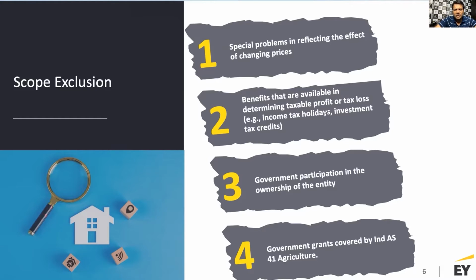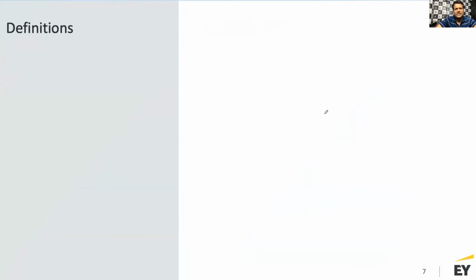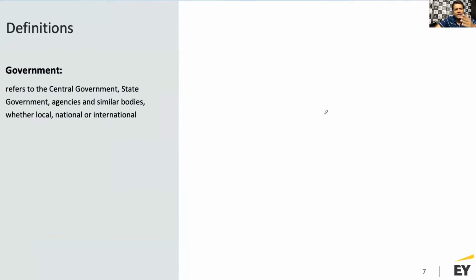So it's their decision, and they are setting the market prices and things like that. Hence that's been considered outside the scope of Ind AS 20. So what we're going to do is try and help you understand some of the definitions we talked about, and then we'll try and understand the accounting, and then we'll try and understand this with the help of several